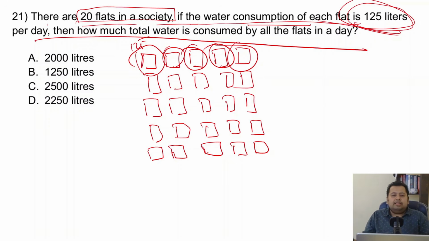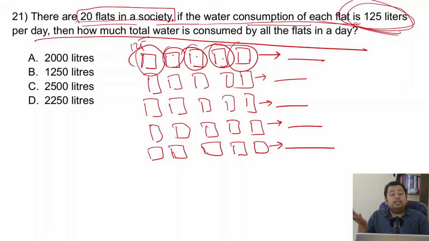Simple one. I think it is nothing but 125. So it's 125, 125, 125, 125, 125. So either you can add all of it and do a complete addition, or I am sure you have learned multiplication by now, and it is nothing but 125 multiplied by 20, right?